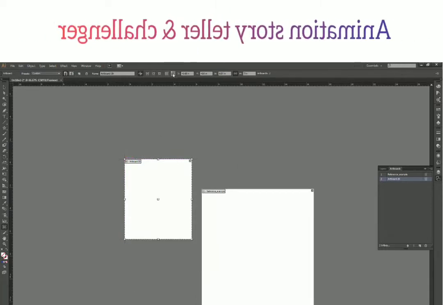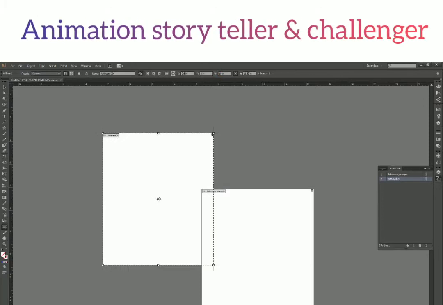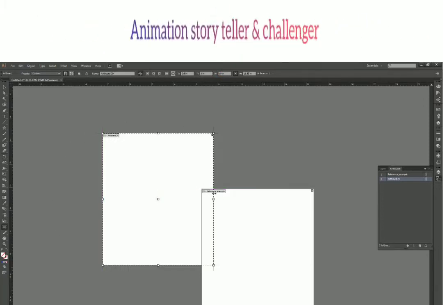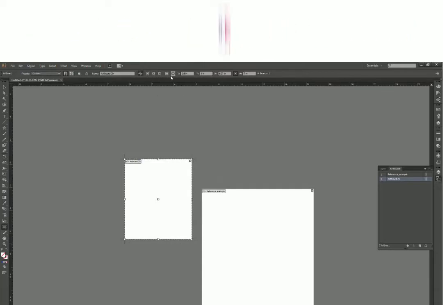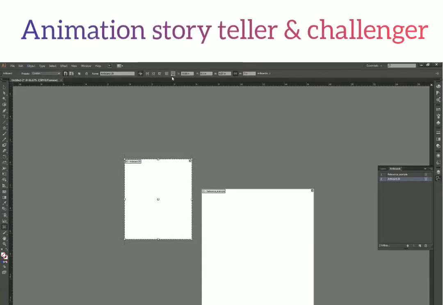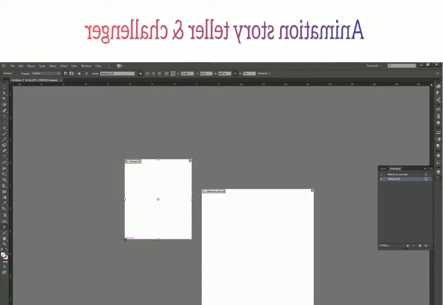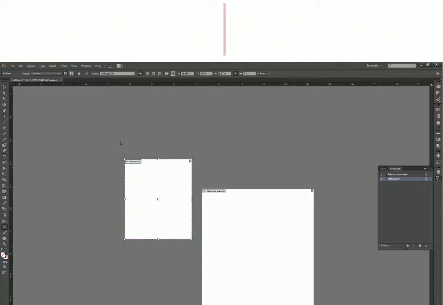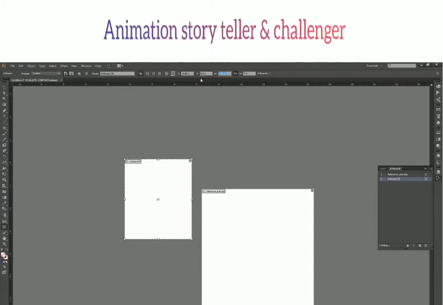And when I select center as my reference point, and this time I'm pressing 10, you can see it has scaled from the center. It expanded all the way through from all the sides. And when I select the bottom left corner, this time you can guess that it will start resizing from here and it will go all the way up to this much. So let's just do it.